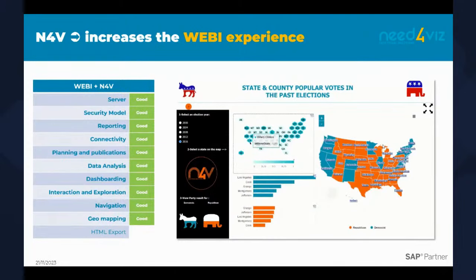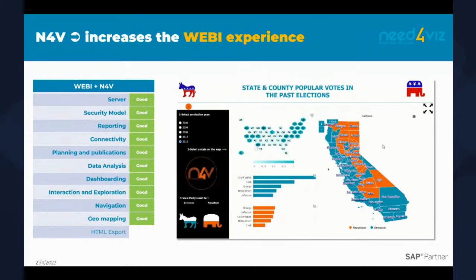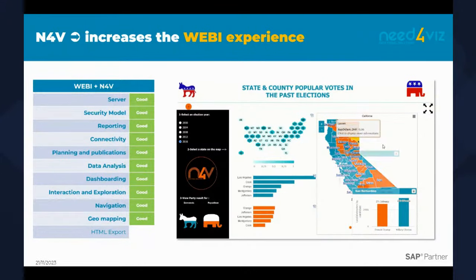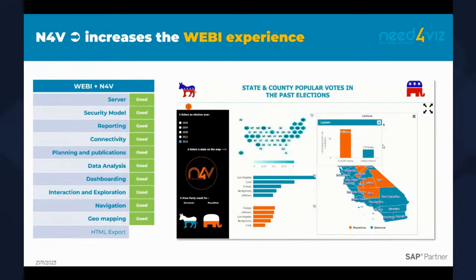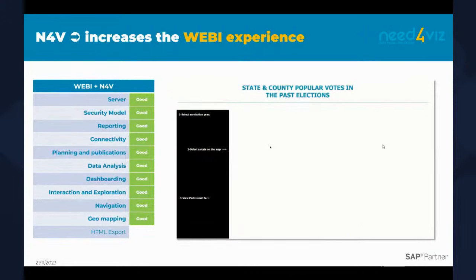Also, we provide you a very easy to use mapping solution that allows you to utilize and import online maps, but also customized maps as well. As you can see here, you have the ability to utilize, say, a map of the United States, and with just a simple click of the button, go into California, a specific state, and drill down into specific counties to pull up election information